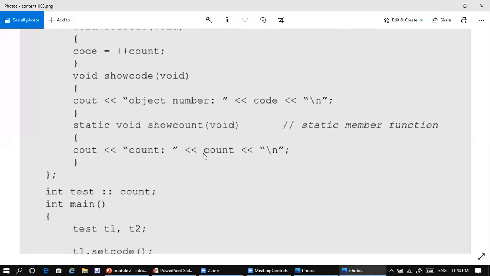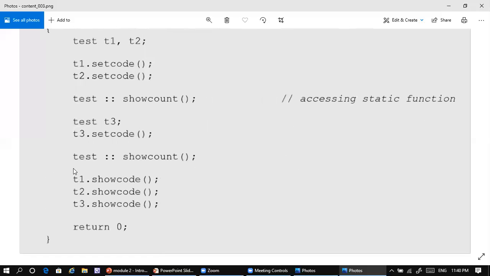We are not displaying the count here, isn't it? So like this we can have a static member function which can access only the static data member, and when you call it, we can call the static member function by using the class name without using any object. Understand? Okay, thanks for watching.